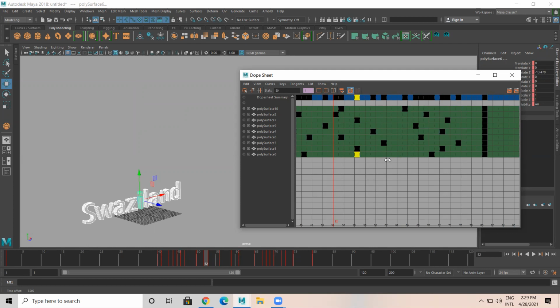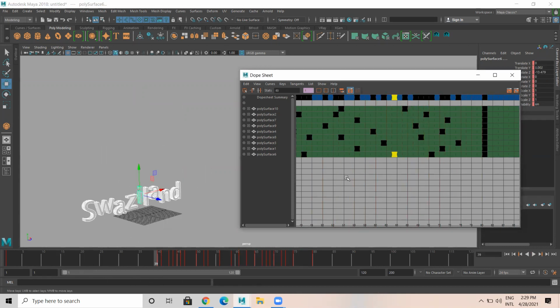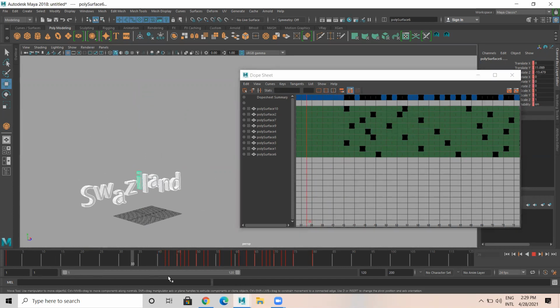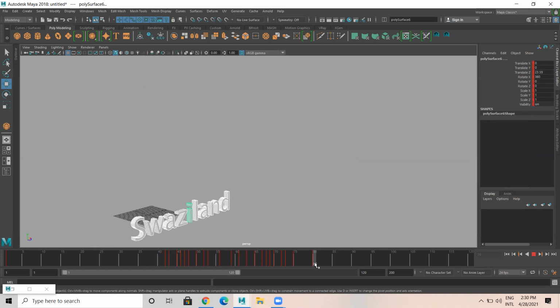I'm doing set key at once for everything, but here, it's like this. So that's okay. See from here, so at the end, it's like this.